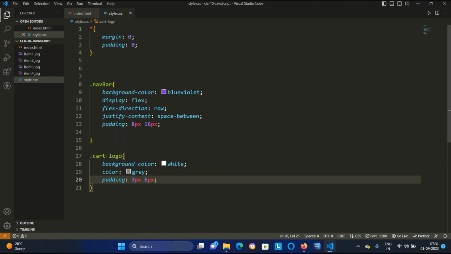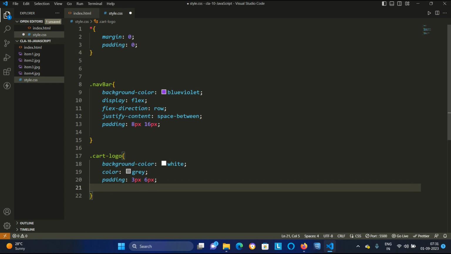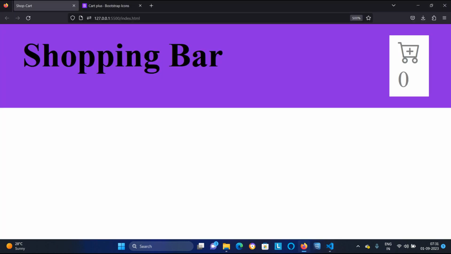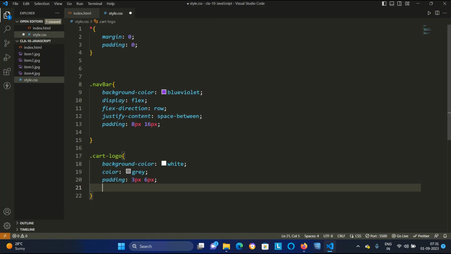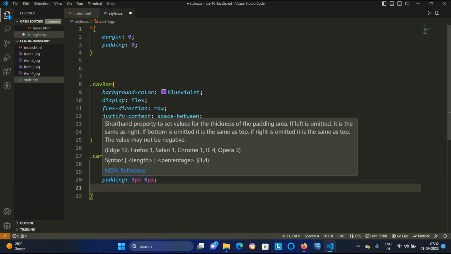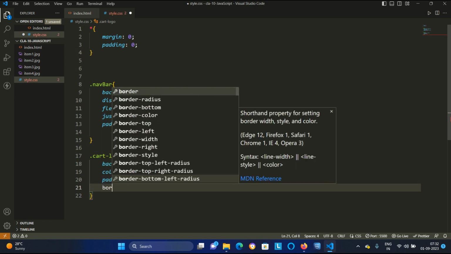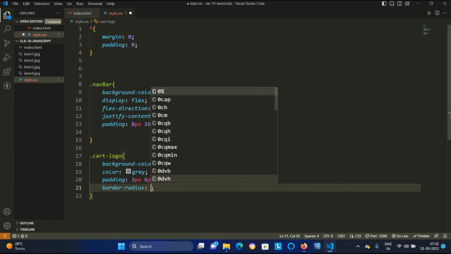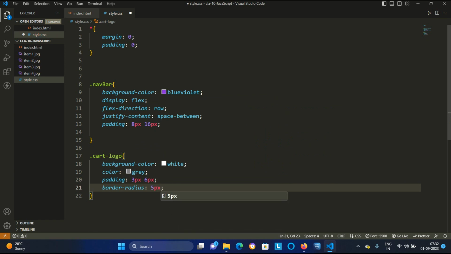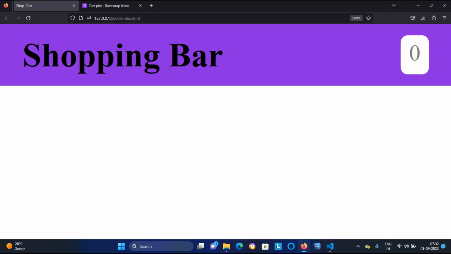And after this, these edges, if you are looking, are sharp right now. So I will make them round by setting the border radius. This border radius I am saying as 5 pixel. Let's go back here and refresh it.